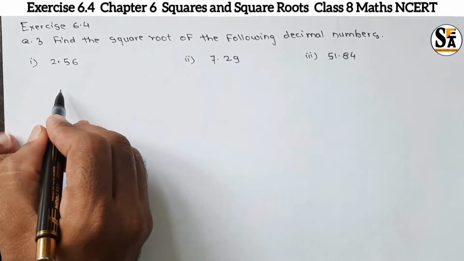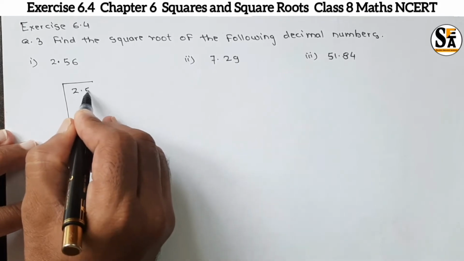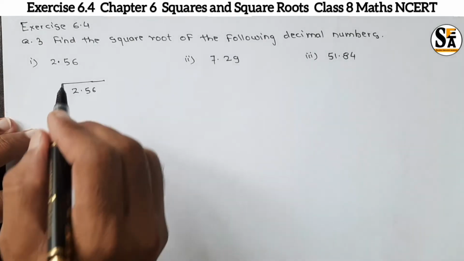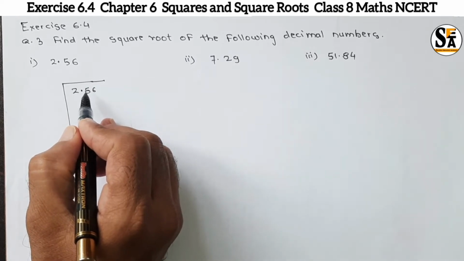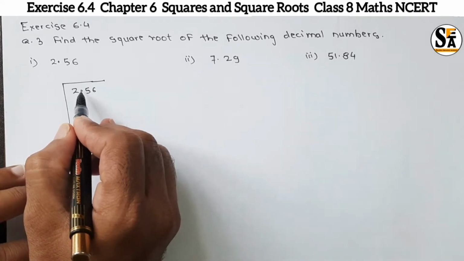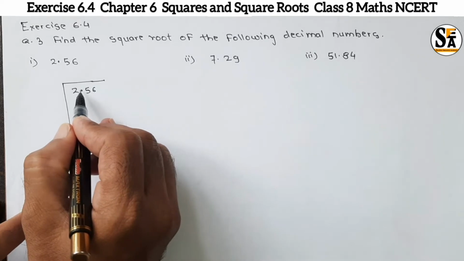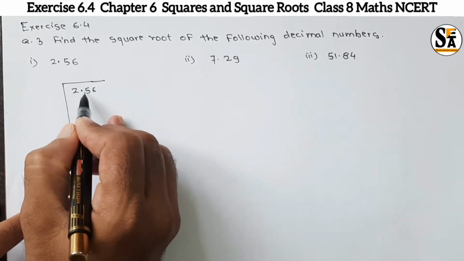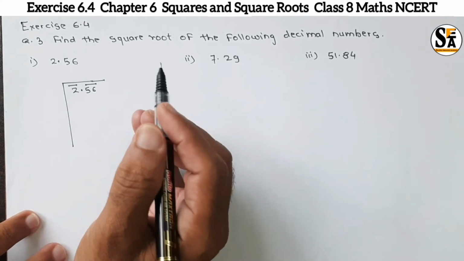So, in the division method, what is our procedure? Take this number in this format, 2.56. Now, our first step is to make groups. It is very important to be careful because while making groups in decimal numbers, we must consider the decimal point. We must make groups of numbers by considering this decimal point. Make groups of numbers before the decimal point and after the decimal point. Do not mix the numbers. So here 2 will be in one group and 56 will be in the next group.